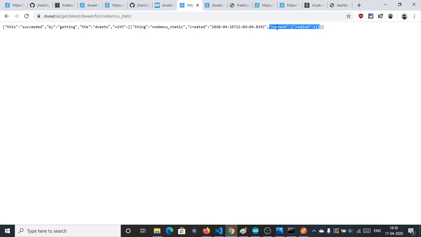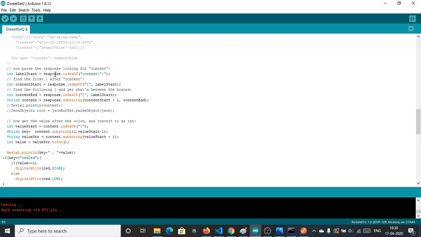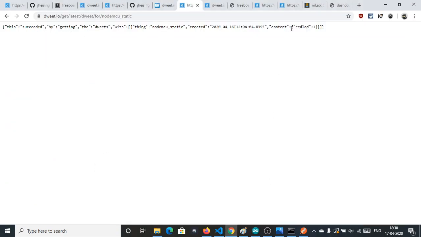So in the sketch, what I have done is, in the string I fetch the index of content first. And with the help of that I have fetched a substring. I found the index from after content to this point, and fetched the data after content up to here, with the help of the index. I did not use JSON parsing.